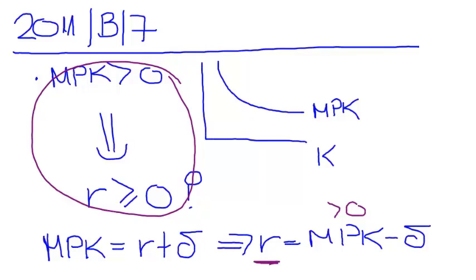So if the depreciation rate, which is positive, is large enough, so if this is quite a big number, bigger than the marginal product of capital, then actually the real interest rate can be negative. Okay, so the answer to this question is false,